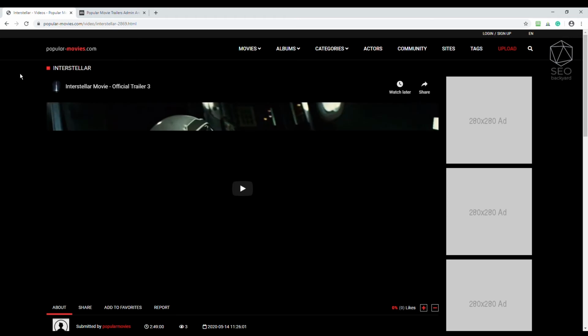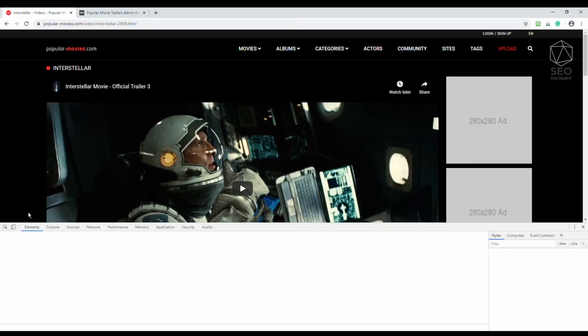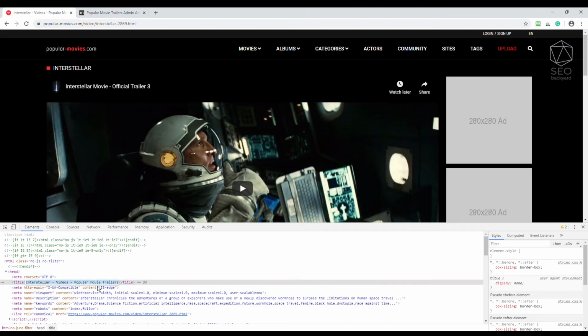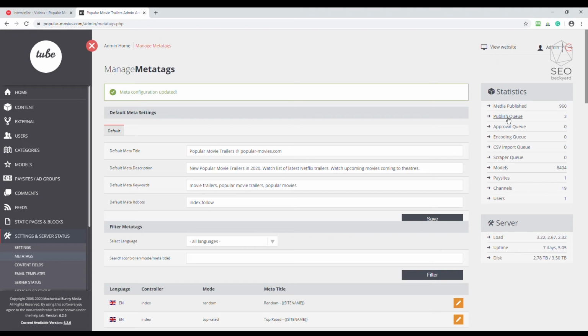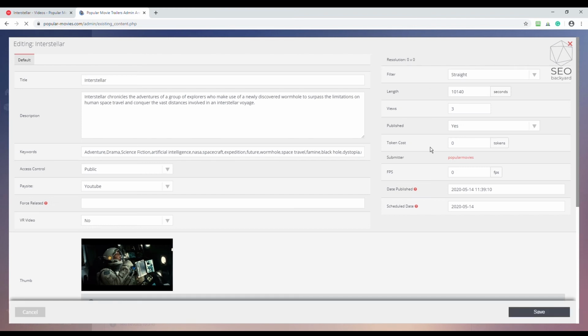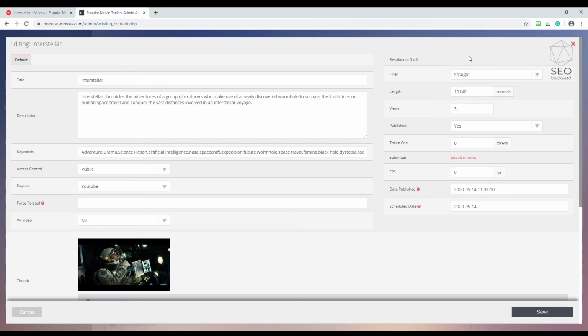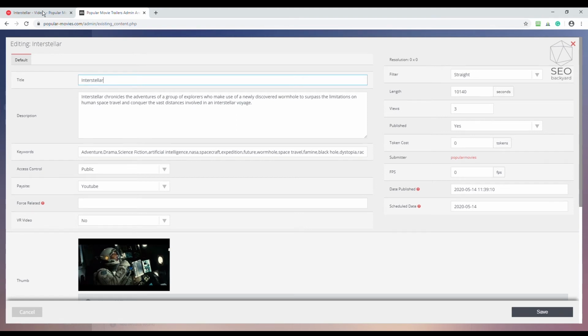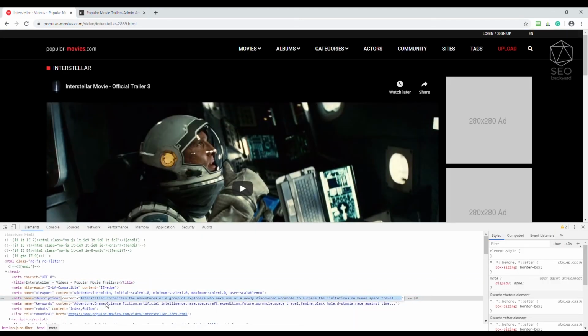Let's move on to optimizing a single page. In this case, since it is a tube site, it will be a video page. Let's edit one video. Again, that page will be using the same elements as the home page, and that's the title tag. In this case, include the movie name, then the description tag,